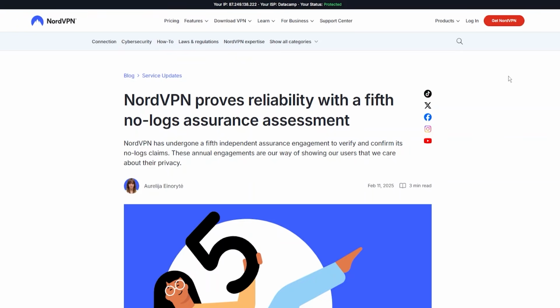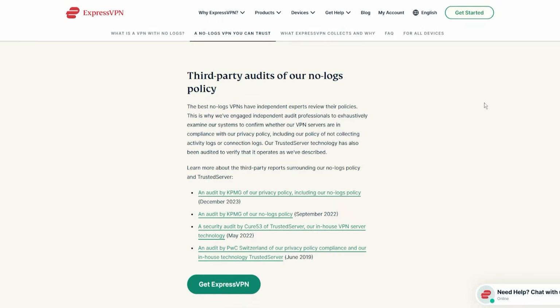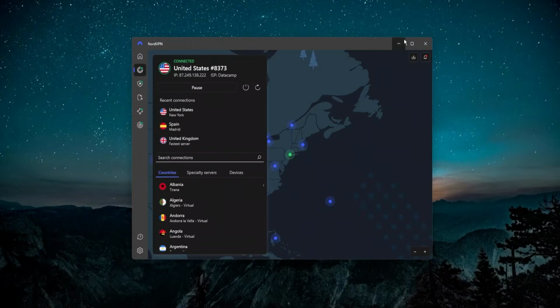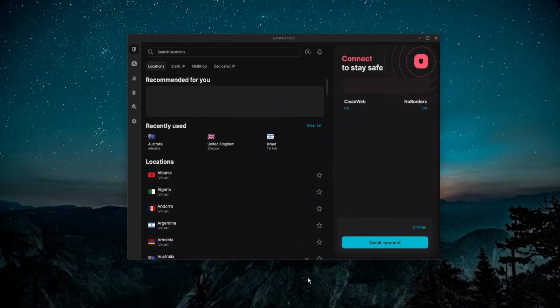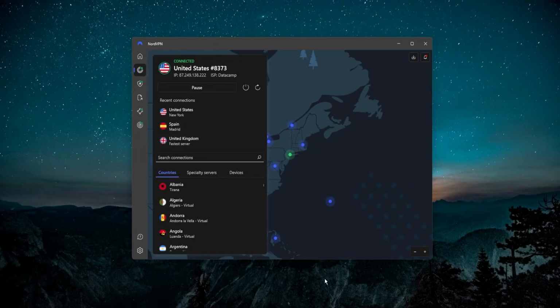Now, those two things, giving you increased security and being able to change your location, are things that other VPNs do as well. For example, ExpressVPN is a very nice option. They also have third-party audits of their no log policy. There is another VPN called Surfshark, which also will change your location. All 3 of these VPNs here, Express, Nord, and Surfshark, have 100+ countries that you can connect to and audited